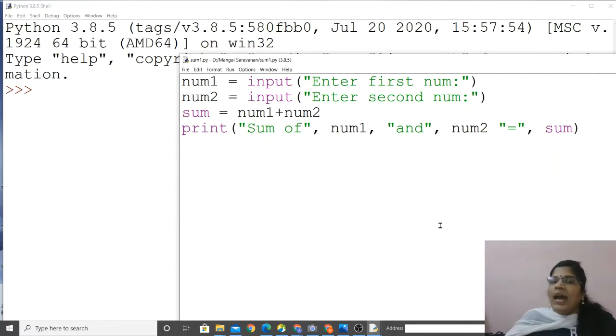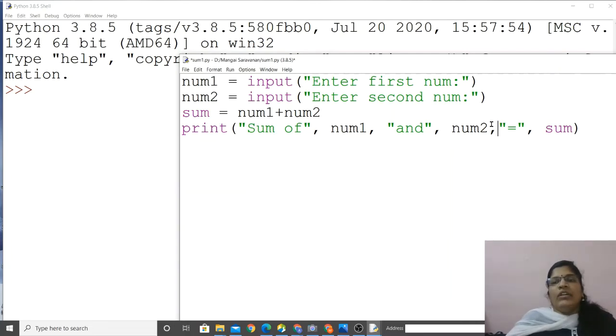It is saved. After saving, we have to execute the program. For that, go to the run tab and then run module. See, when you run module, do you see the shortcut key F5? Either you can click here, run module, or you can click the shortcut key F5, function key number 5 on your keyboard. Okay. It says invalid syntax. Let's see what the invalid syntax is. It also says where the place is. So here is the mistake. Here I should have placed a comma.